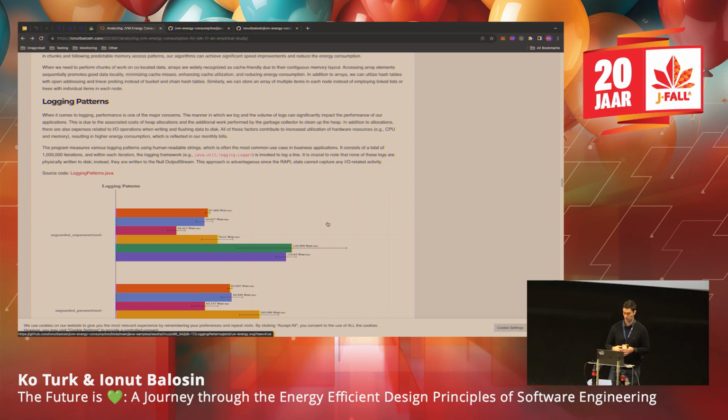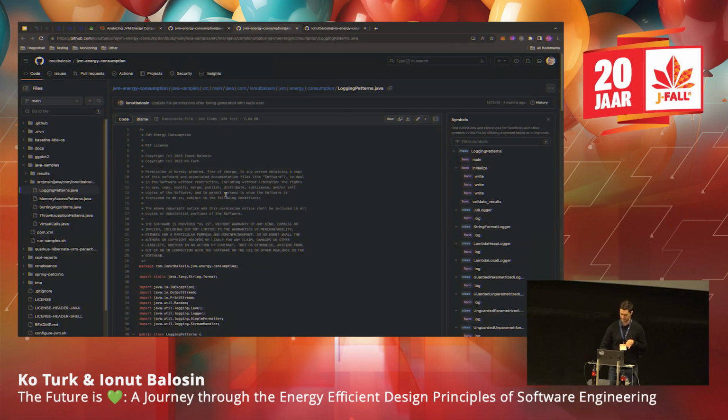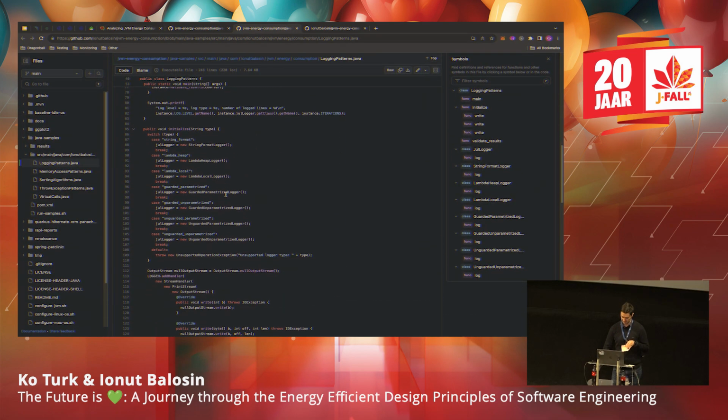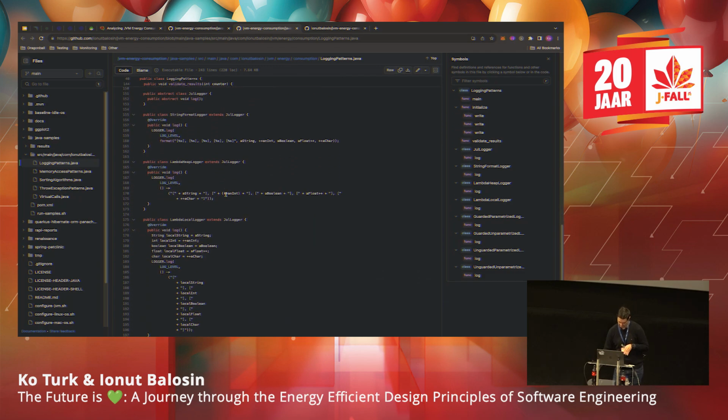But it also impacts the I/O, because you always log. So you have an I/O intensive operation if you log continuously. And what we did, we tried to take some logging patterns, which I will explain briefly.